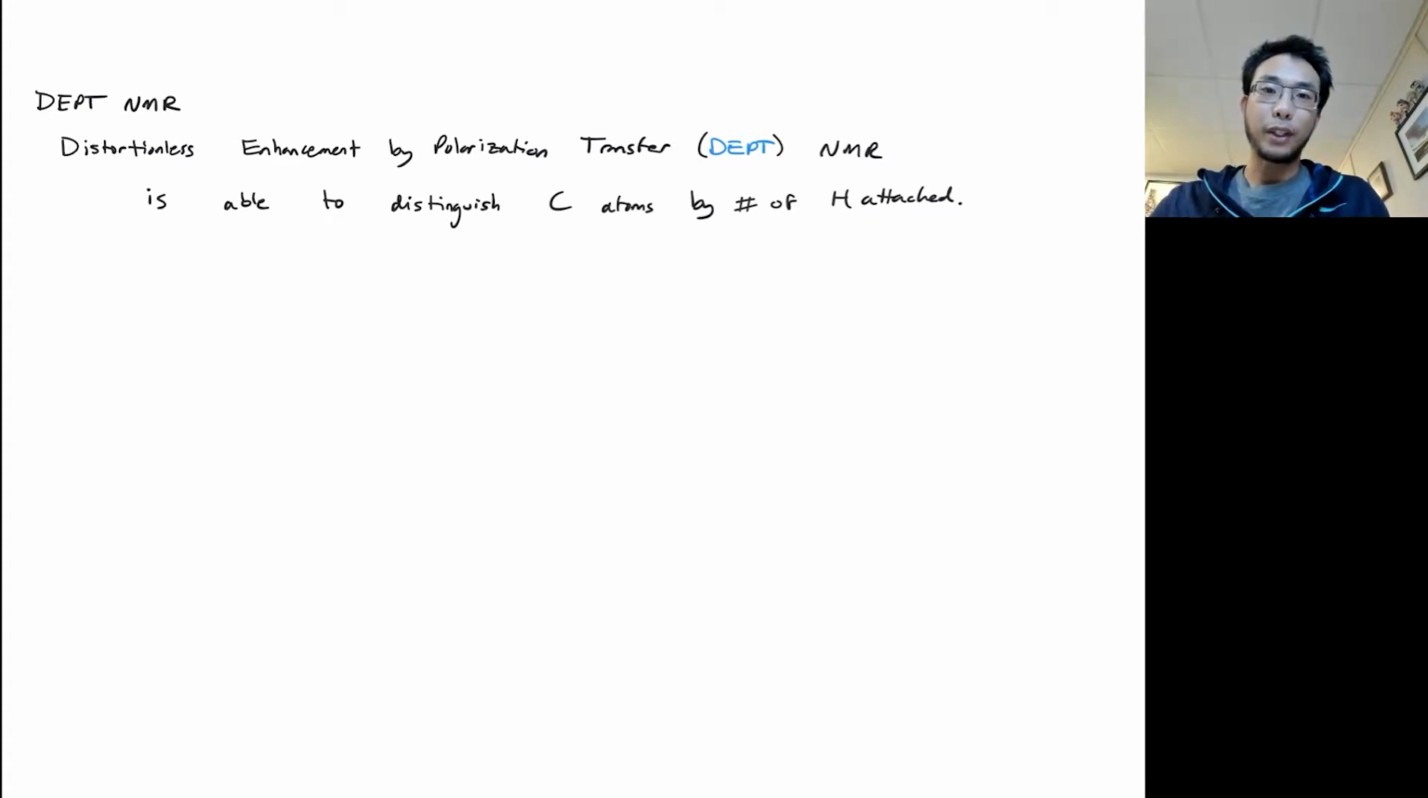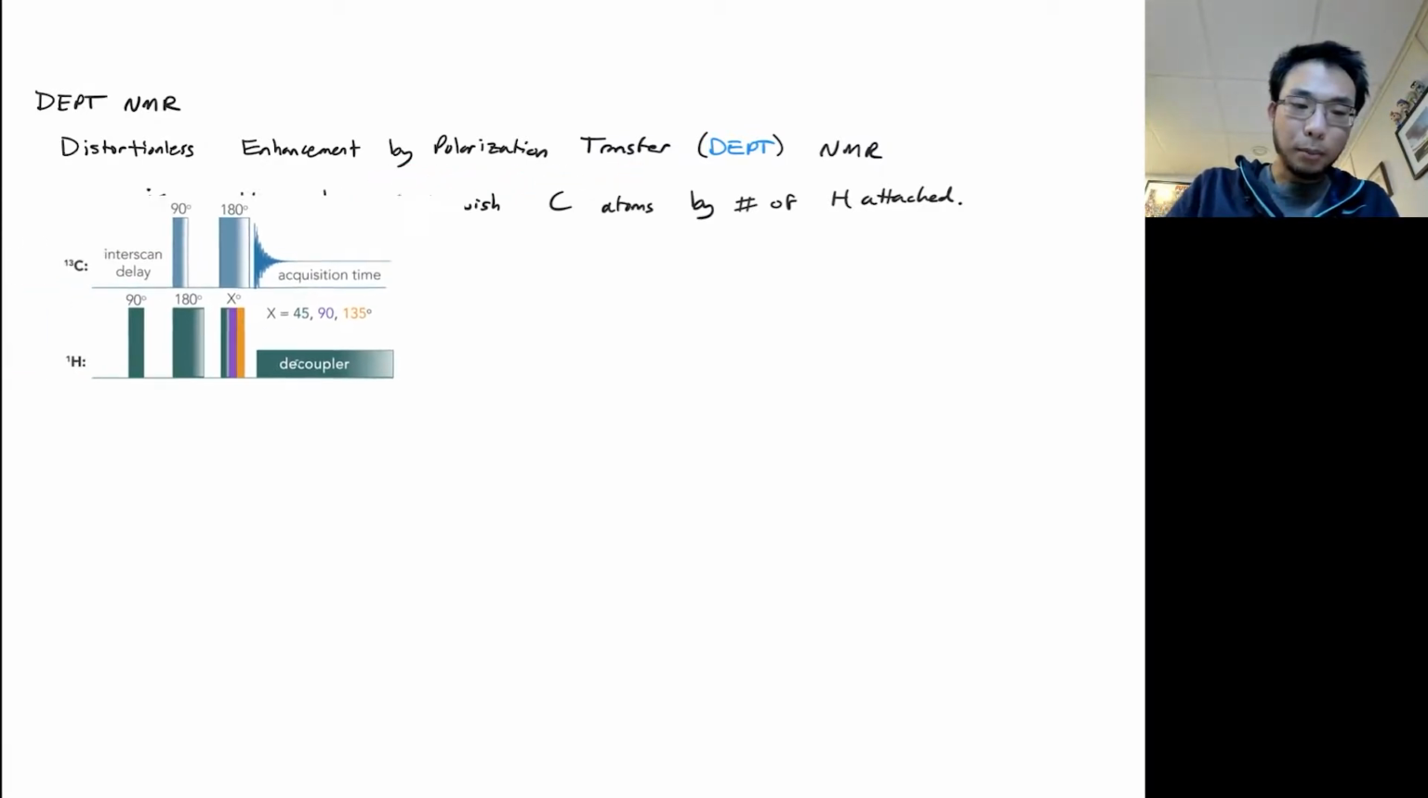In this very brief video, we will learn about DEPT NMR. DEPT NMR is a technique that is usually applied to carbon NMR and is used to determine how many hydrogens are attached to the carbon that's responsible for a given signal. DEPT is an acronym that stands for Distortionless Enhancement by Polarization Transfer, and there's a lot of complex NMR theory